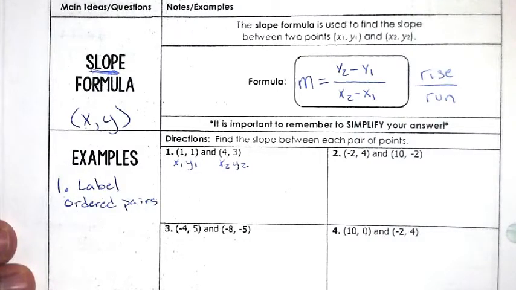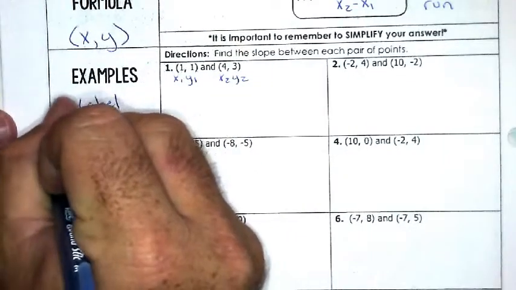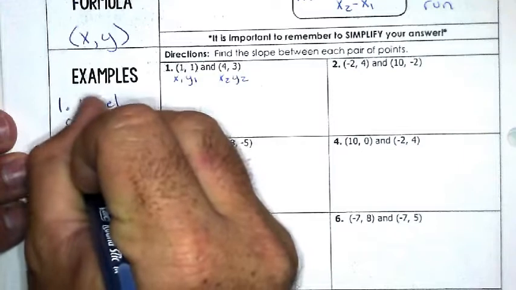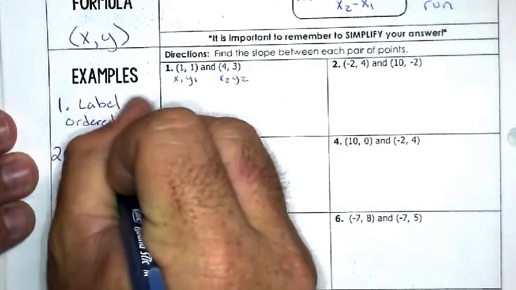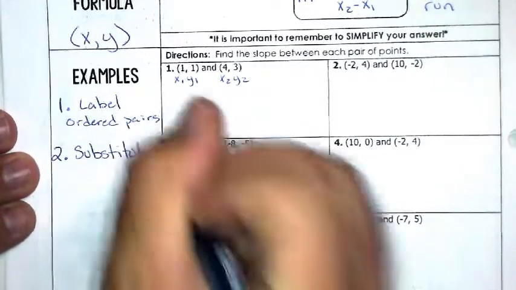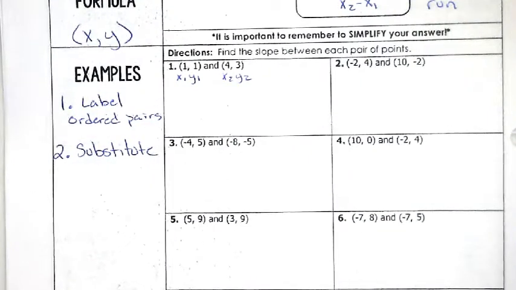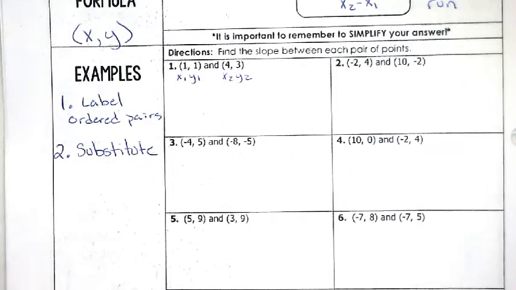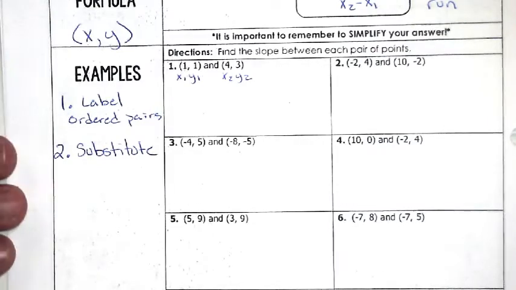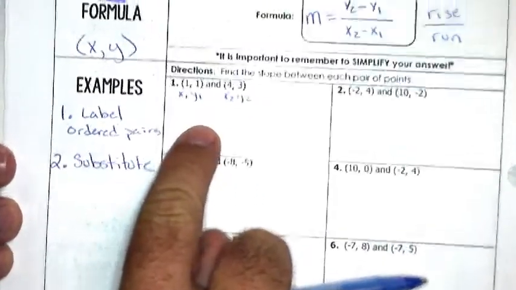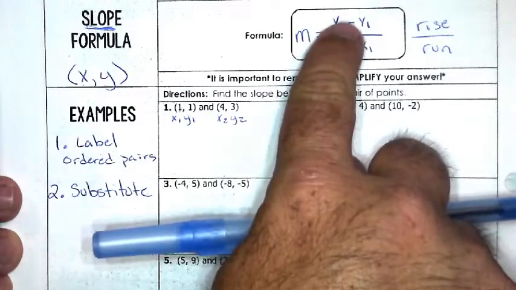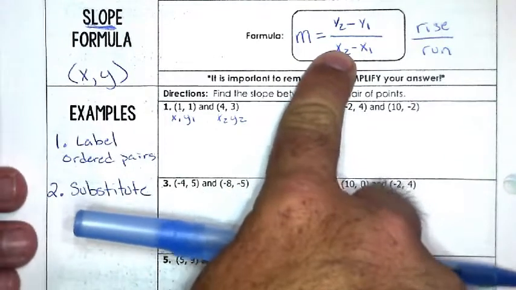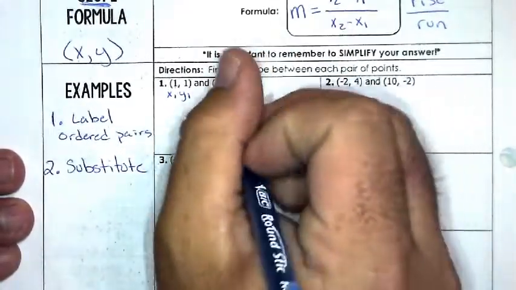Step 2. Substitute. Coach Kimball's favorite mathematical principle, because in algebra, you just do it over and over and over again. You just substitute in almost everything we do. Okay? So I have my labels, x1, y1, x2, y2. I'm going to substitute it into the formula that we have now. So I have, how do I want to phrase it? Let me ask you all this. Okay? I have m equals,